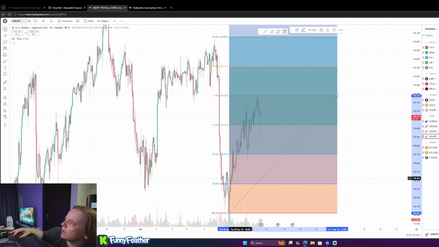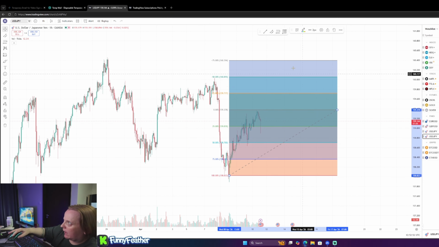Boom. So now we have it coming down, but it has not made a change of character yet, so it might not be coming down. It might continue up because this wick hasn't closed, and it hasn't closed below this low, so we don't know. So these are the settings I have for my fib retracement. Okay, then